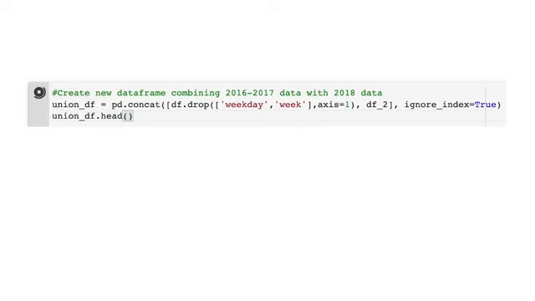union_df. We'll use the pandas function concat to merge, or more accurately, concatenate the 3 years of data. Inside the concat argument field, we'll type in df.drop to pull the weekday and week columns out. We also input the axis we want to concatenate, which is 1.